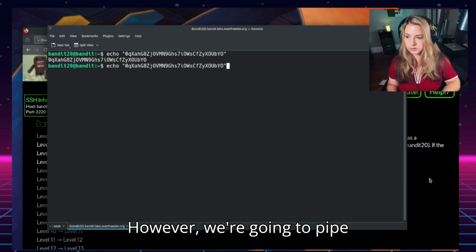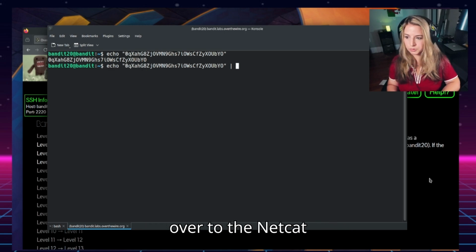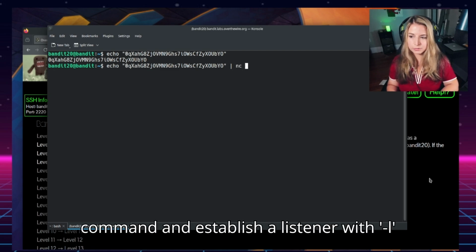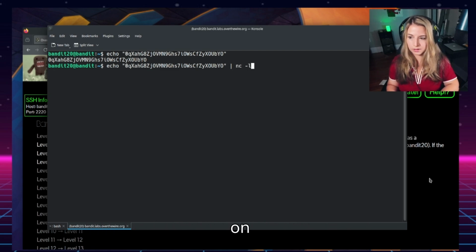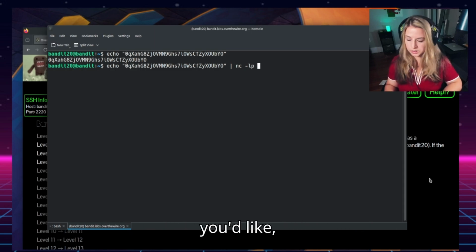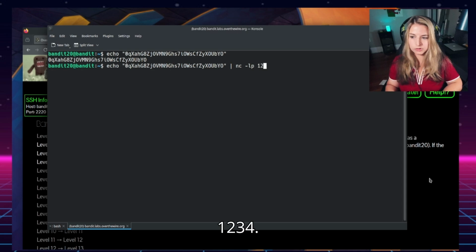However, we're going to pipe over to the netcat command and establish a listener with nc -l on a port, and you can pick any port you'd like. 1, 2, 3, 4.